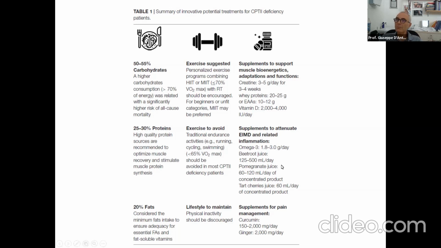I have no time to go into the supplementation that we suggest in these conditions, but